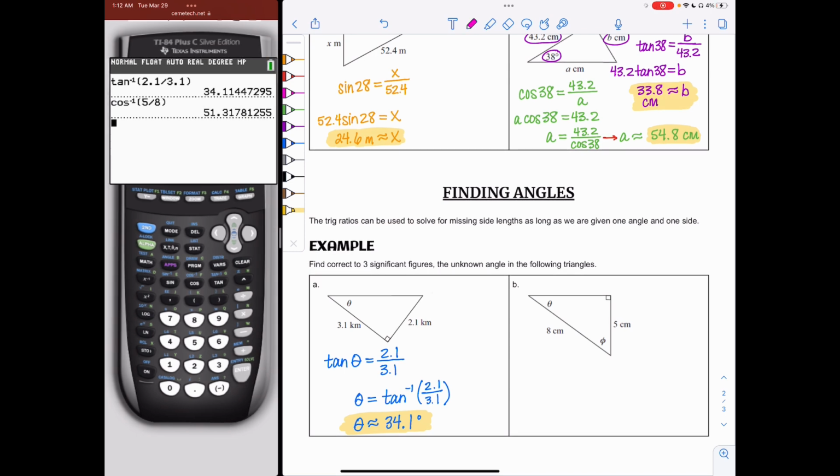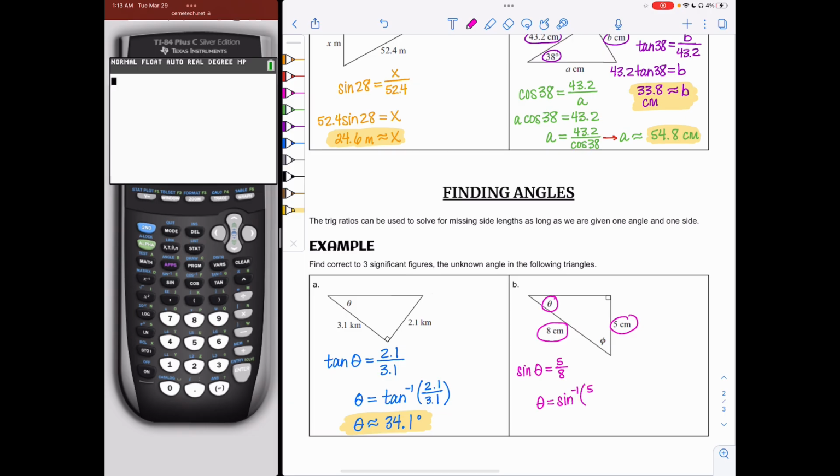All right, so let's look at our last example, part B. We have two angles that we need to find: theta and phi. I'm going to use my trig ratios to find theta first. When we look at theta, we have the opposite and the hypotenuse, so we're going to use sine. The sine of theta is going to be equal to 5 over 8. If I want to find the angle, I need to take the sine inverse of both sides. So theta is equal to the sine inverse of 5 over 8,